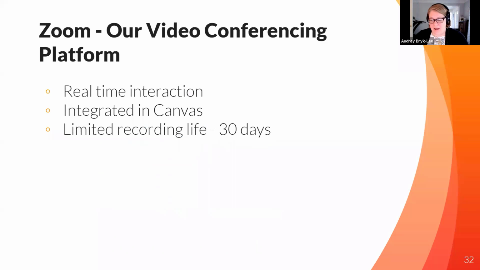So Zoom, and I'm not going to spend a lot of time on Zoom because we all know it, we're in it. But I'm going to go over our video platforms one by one, because I wanted to point out what differentiates them from each other. And the main thing about Zoom is that it provides this real-time interaction. If that's what you need to support learning in your class, this is the tool for you,